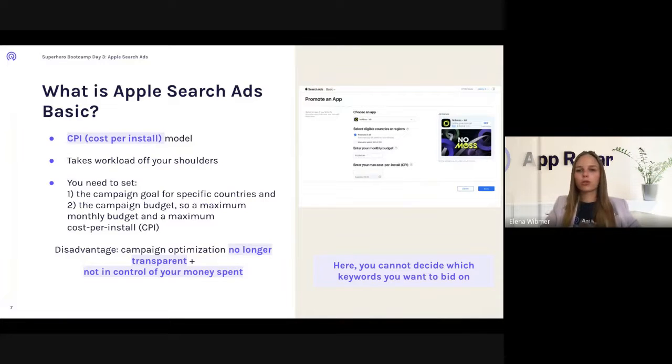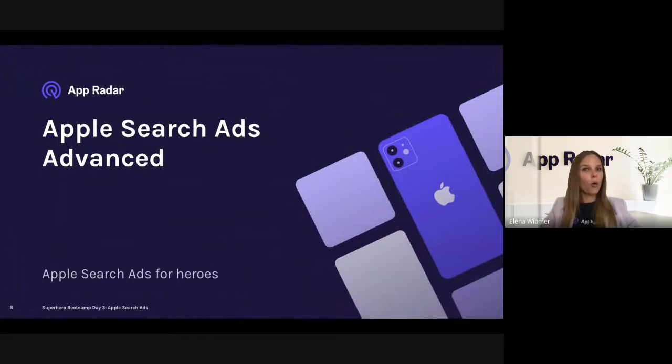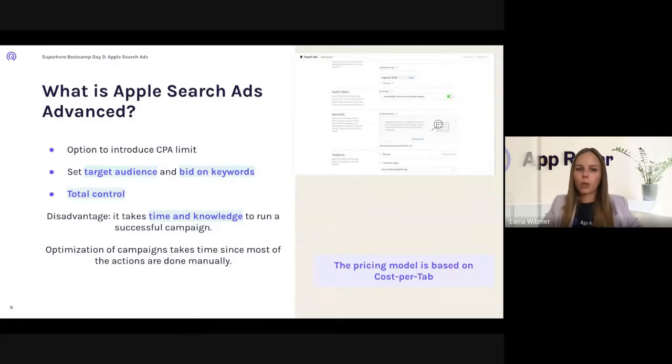If you do want to take control over your campaigns and decide yourself which keywords to bid on, then I would recommend going with Apple Search Ads Advanced. Apple Search Ads Advanced gives you the option to set a target audience and also bid on keywords yourself. So you really decide which keywords you want to appear on and how much you're willing to spend per keyword. In other words, you really can take total control over the optimization and over your whole